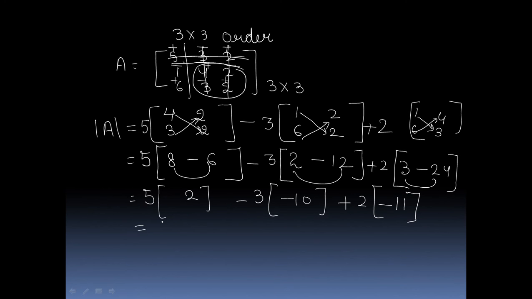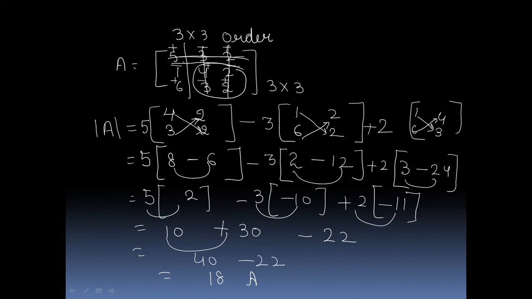because the greater value is minus, the greater sign is in front of the greater value. 5 times 2 is 10, 10 times 3 is 30, minus minus plus. 2 times 11 is 22, plus minus minus, plus plus plus, that is 40 minus 22. Then we get 10 minus 2, 8, 3 minus 2, 1. This is your answer of determinant of matrix 3 by 3 order.